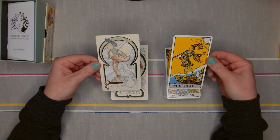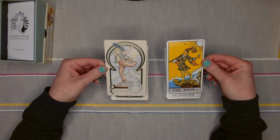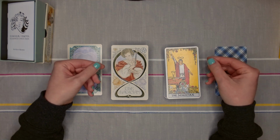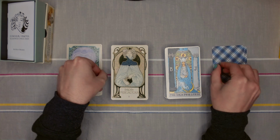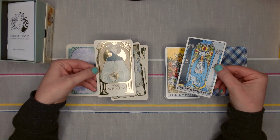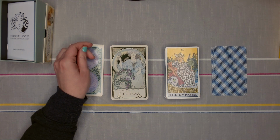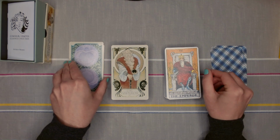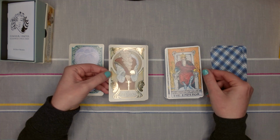So, we have the Fool. It's interesting to see the imagery that's carried over. The Magician, the High Priestess, the Empress, the Emperor,